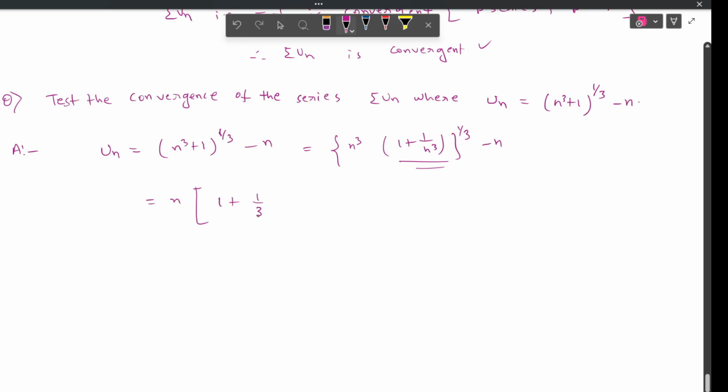N is 1/3, x is 1 by n cube, plus n into n minus 1 by 2 factorial into x square, that is 1 by n cube square, up to infinity minus n. So this n into 1 and this minus n will cancel out, and if you take n square common from these terms,